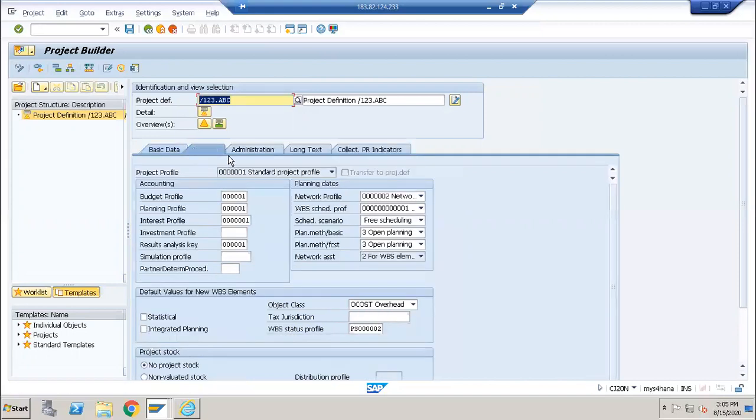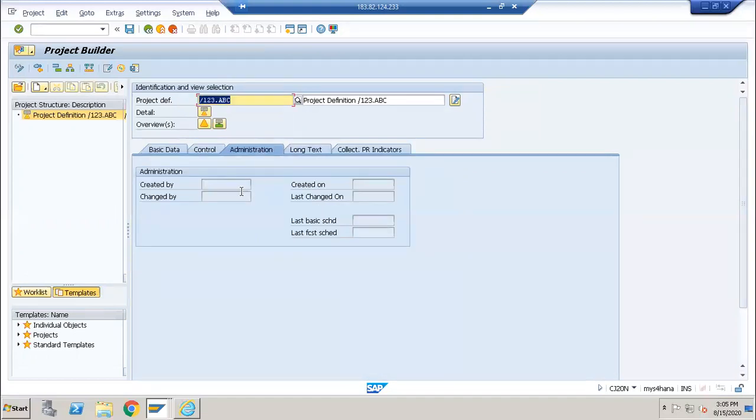Okay, in the control area, we have just created a project profile. It will copy most of the data, like your result analysis, your company code, your enterprise structure, sales org, plant, whatever is important, like network profile, everything is copied from the project profile. So the project profile is nothing but how a project should be run. That is controlled in the project profile.